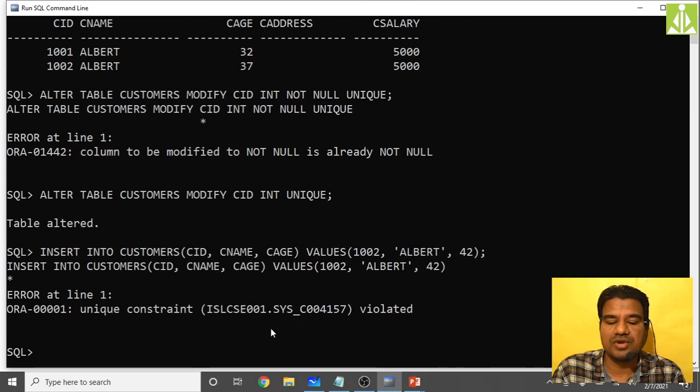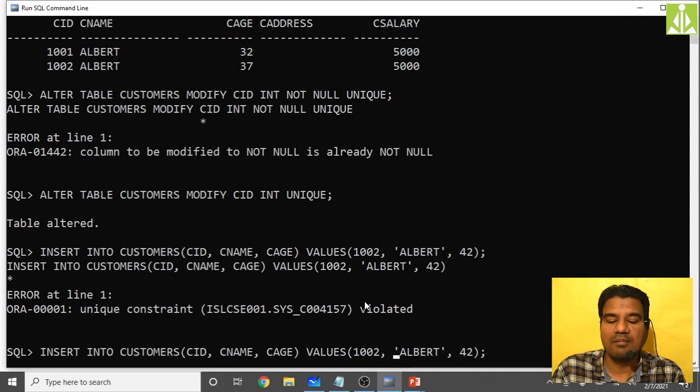See, unique constraint violation. Even though we have given a different age, again it is showing unique constraint violated. Where have we violated that unique constraint? 1002 is already existing in the table, and we are trying to give 1002 as an entry for CID. So that's the error. So simply go over here and make it 1003 so that it will accept.